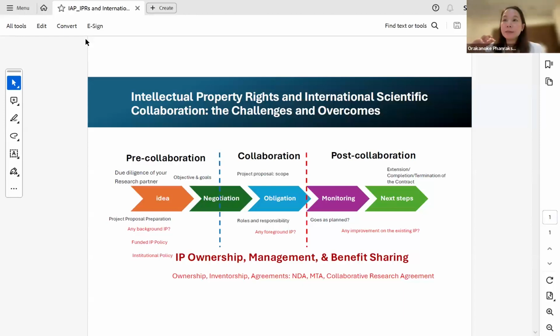And once you're done with your own project, you might also need to double check whether there are other obligations within your research collaboration. For example, if you come up with any potential subject matter that could be commercialized, what are the benefits you would like to agree on? So these elements of ownership, the right to manage the outcome of the joint collaborative research, and also benefit sharing need to be spelled out.